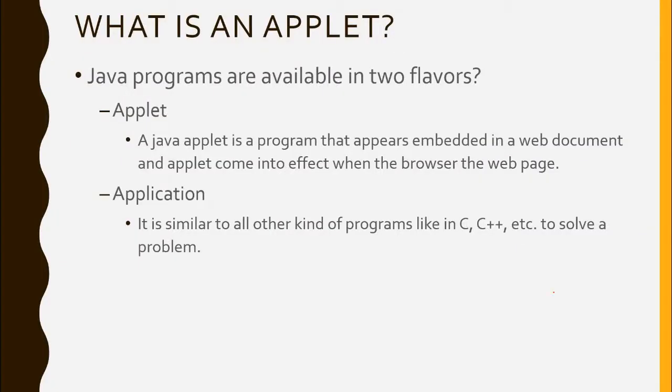What is an applet? Java programs are available in two flavors, applet and application. Applications we have seen through Java programming and C, C++, Java. These are all small applications that we can run. It's similar to a big application where you have business functionalities to work out. Those are all applications, and the applet can also be embedded. It's a kind of web document which can be embedded in an HTML document, and it can be run